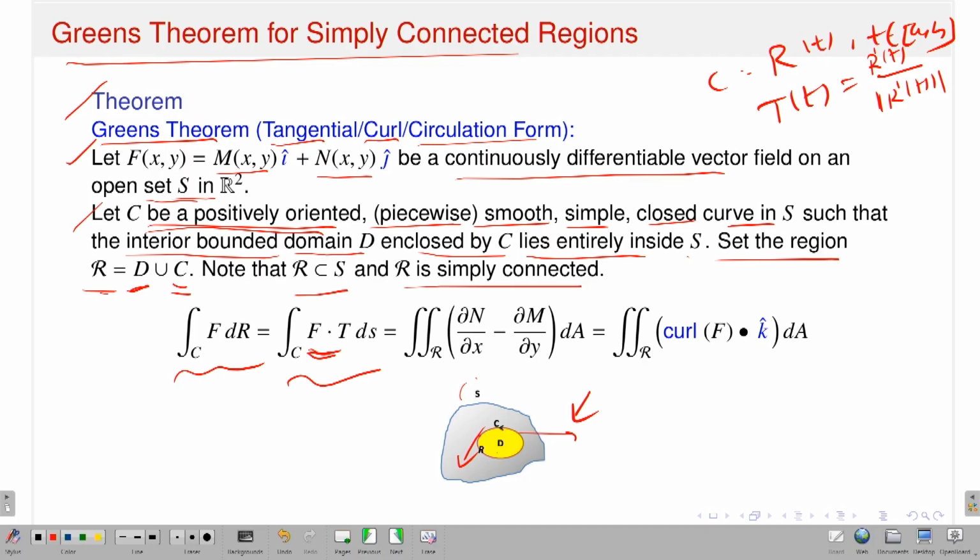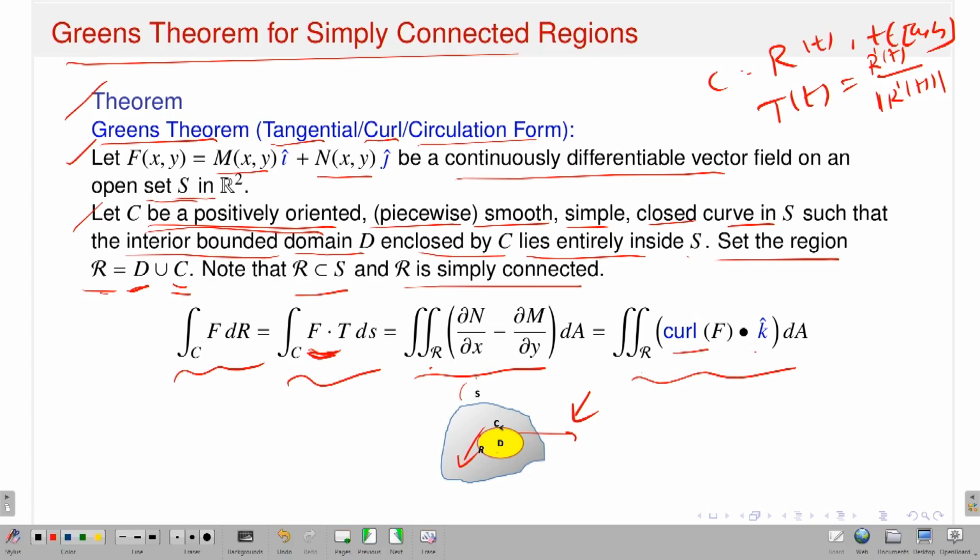So therefore this vector line integral of capital F over C, which is the same as the scalar line integral of the tangential component of my vector field F, which is nothing but F dot T over C, is the same as the double integral over the region R of ∂N/∂x minus ∂M/∂y, which I can write as a double integral over R